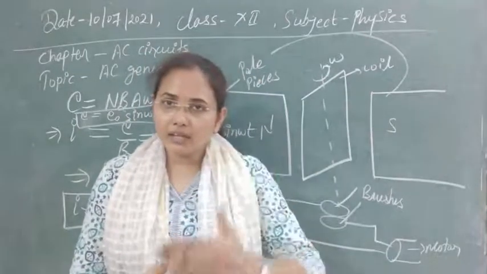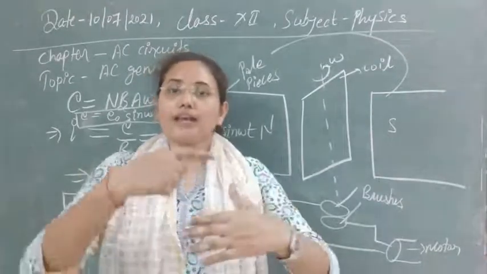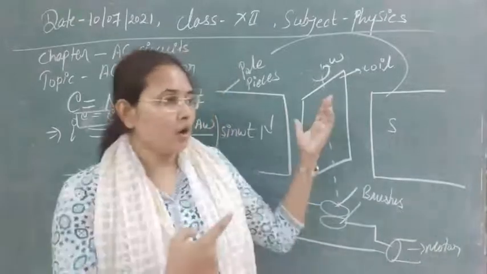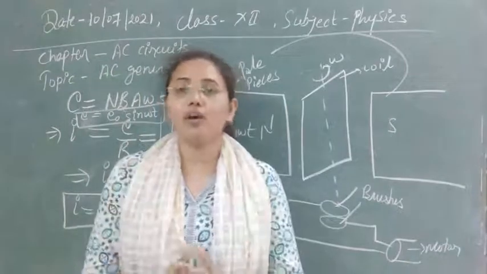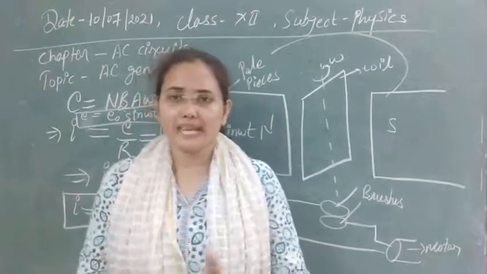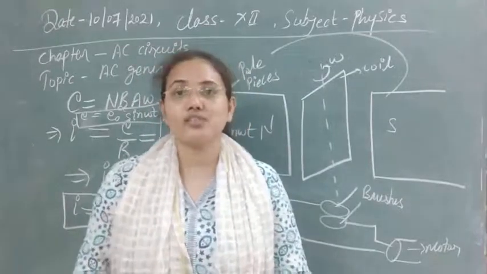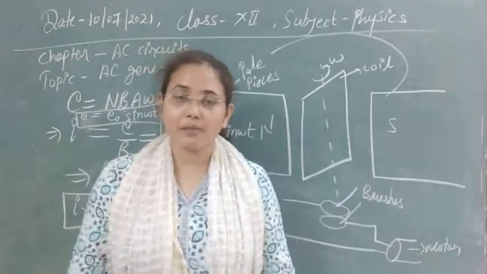Whenever it falls on the drums, it will rotate the cylinder or the metallic drums, and due to the rotation, the magnetic flux linked with the coil, or drum, plate, cylinder, whatever you have used, will change, and due to that electricity will be generated. So this is the process that we are using in the hydroelectric power supply system.